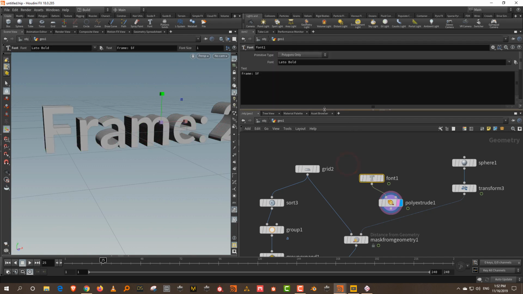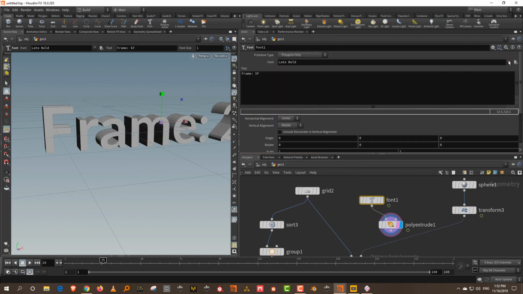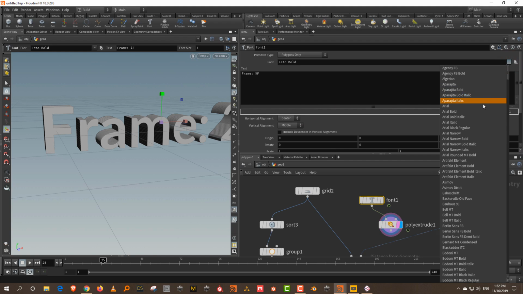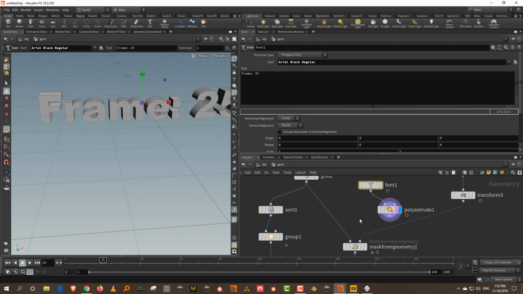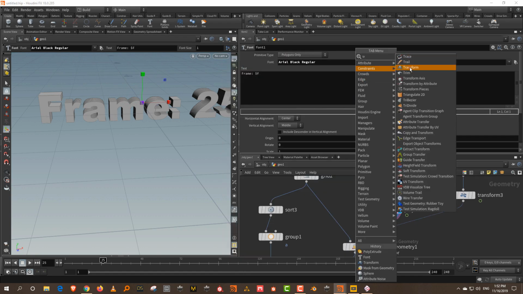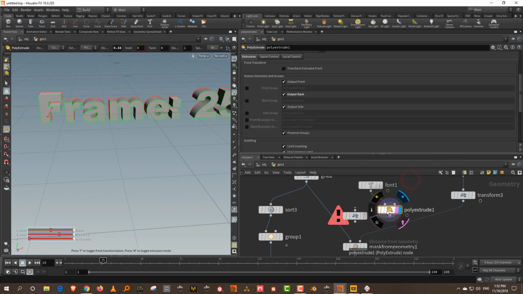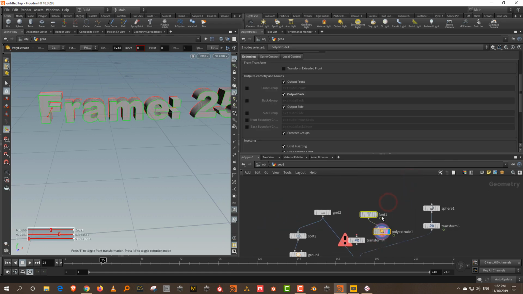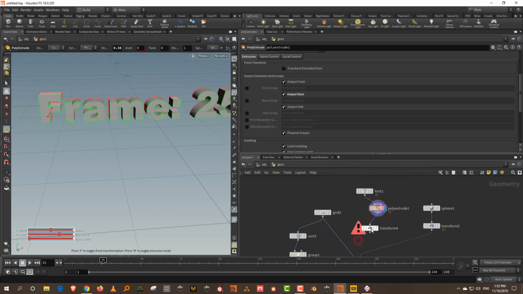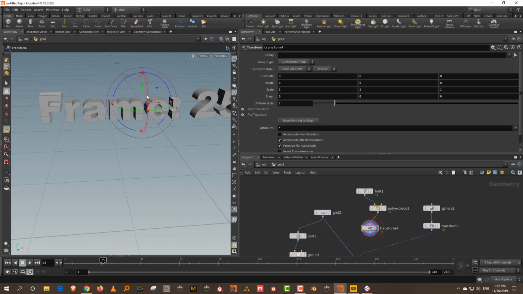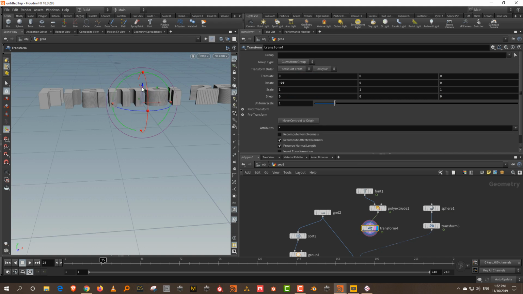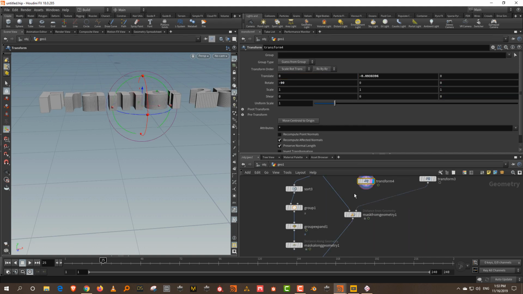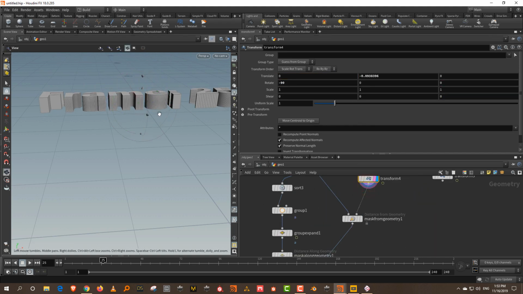And let's change the font type to something a little better. So I'll take Arial Black, which is a much thicker sort of font. And we also need to lay it flat on the ground. So let's take a transform and I'll plug this in and rotate it flat to the ground. So we'll do like -90 and then just move it down a bit. Okay. And so instead of this, if I plug this in